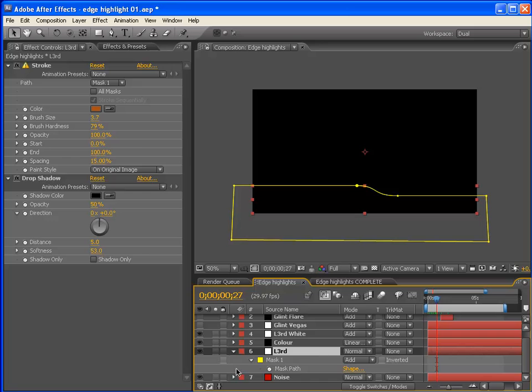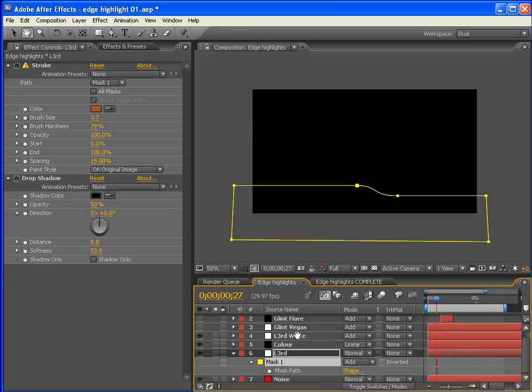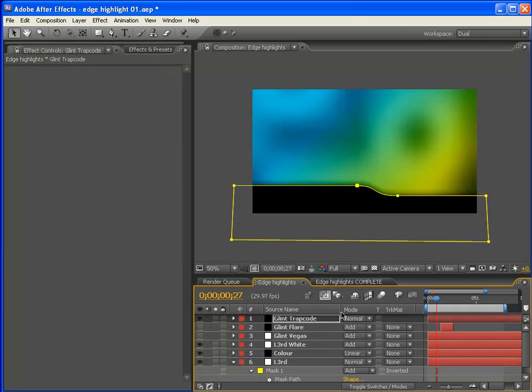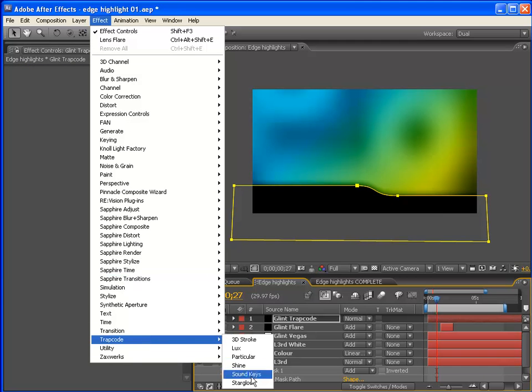Okay, I'm going to hit the M key. There it is. I'm going to copy the mask, Control C. I'm going to go up to my trap code one, and I'm going to paste. Okay, there's our mask. Next thing I'm going to do, I'm going to go up to Effect, Trap Code, 3D